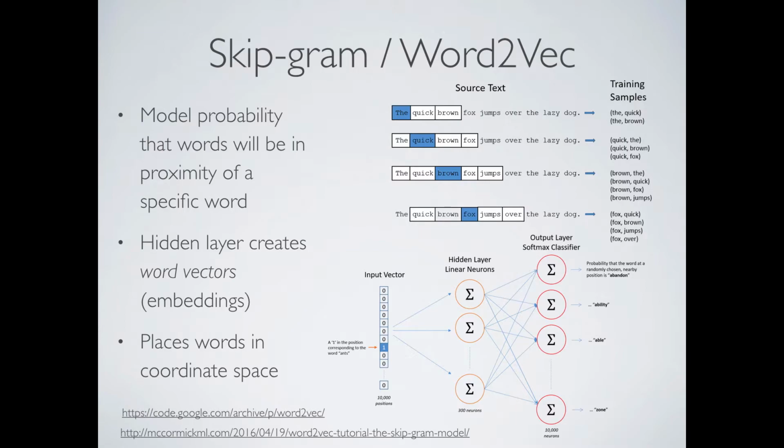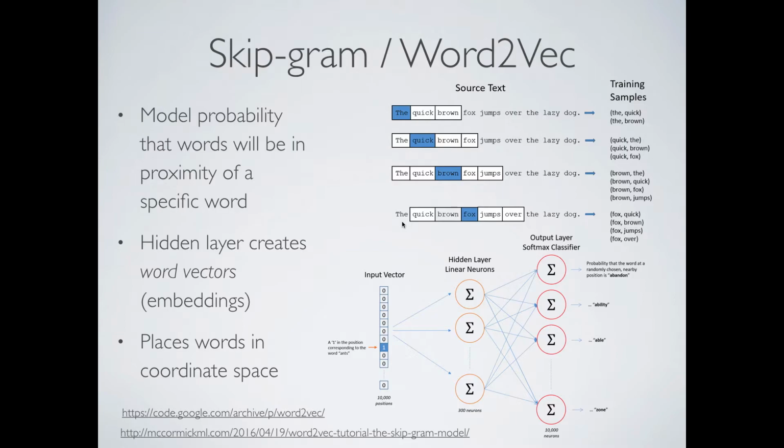But rather than that, what Skip-Gram does is make the final layer the same size as your input layer, because it is your entire vocabulary, but the output of each neuron in the output layer is the probability that your input word is close to whichever word that neuron corresponds to. It's hard to read here, but the input word is ants, and then there are hidden layers learning some latent feature space. The output is the probability that ants will be close to the word abandon, or to the word ability. So this learns the contextual relationship between words.